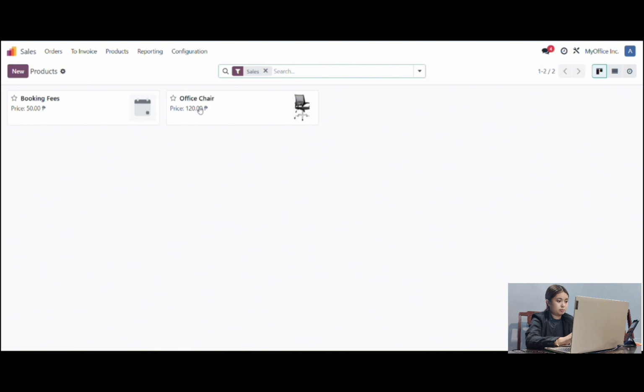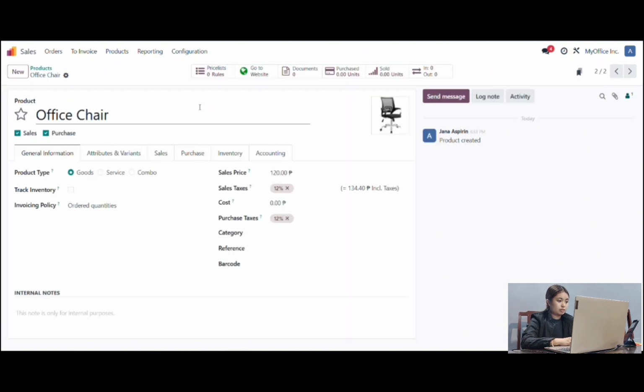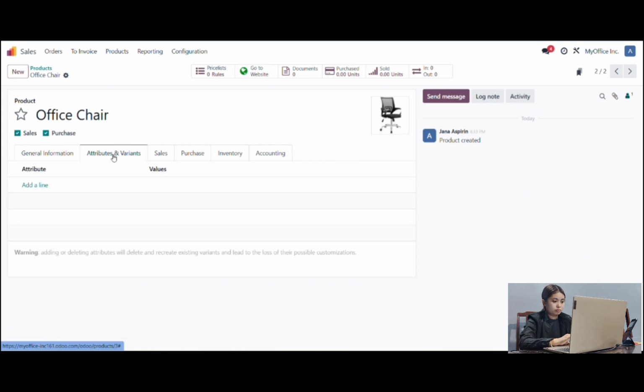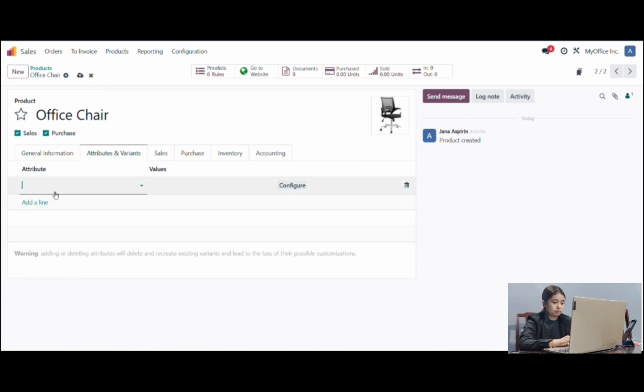Go to products and click office chair and then go to attributes and variants, add a line and type size and with the values of small, medium, and large.